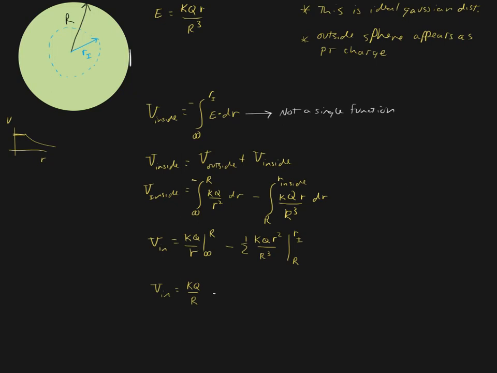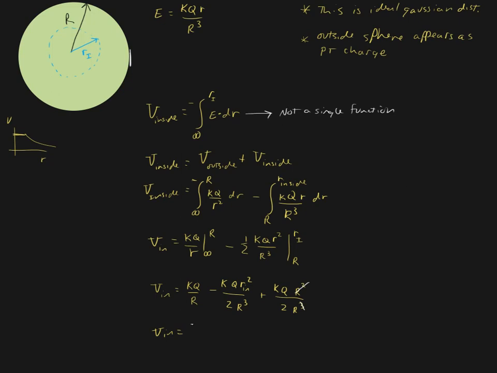That's expected. Minus kQ r inner squared over 2R cubed, plus kQ capital R squared over 2 capital R cubed. And we can cancel out some of these R's here, so those cancel with those. Okay, so we're going to get V on the inside